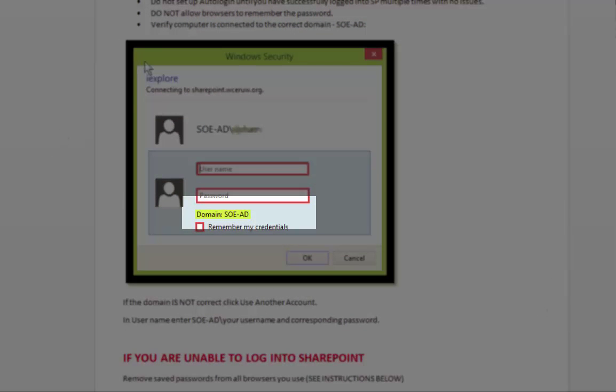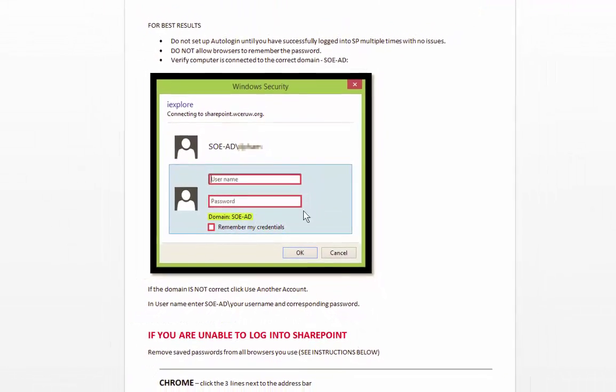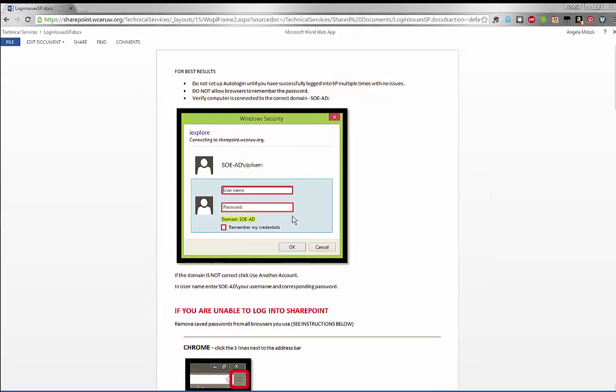SOEAD, for example, on this picture, you can see under the username and password box it says domain SOEAD. If this does not appear and it says domain 43 something something, there will be an option to click use another account, and you should do that. In the username you will put SOEAD / your username and then your password,